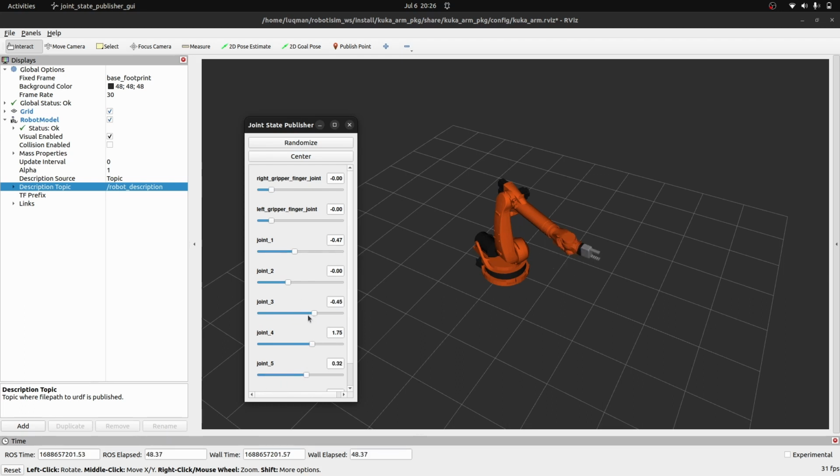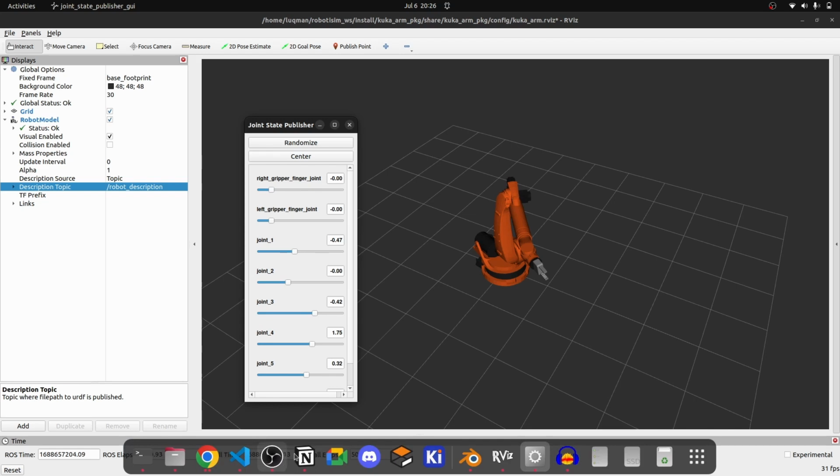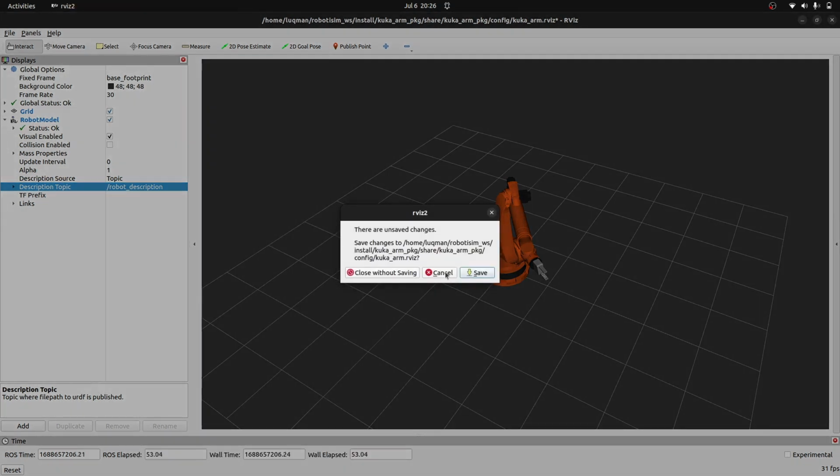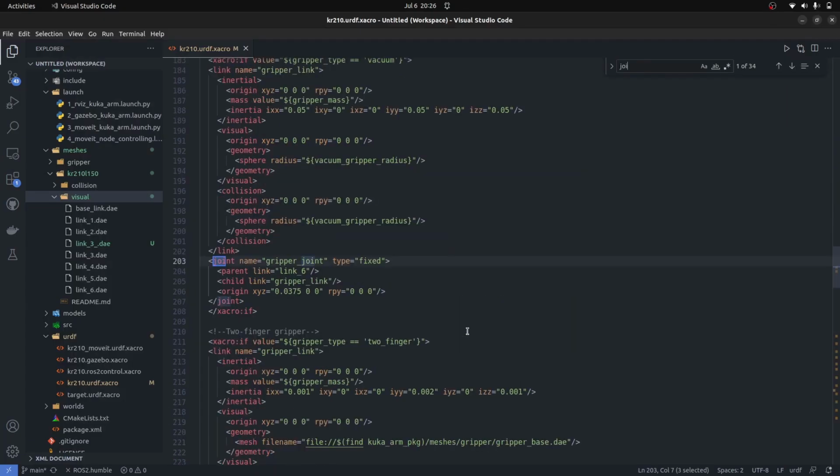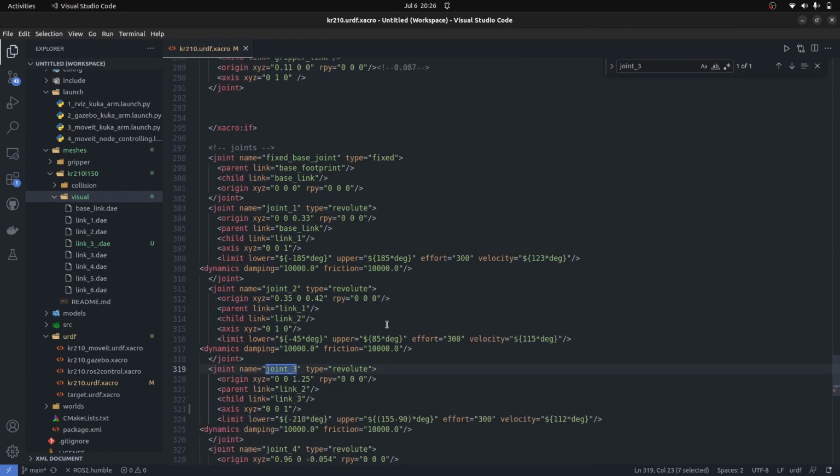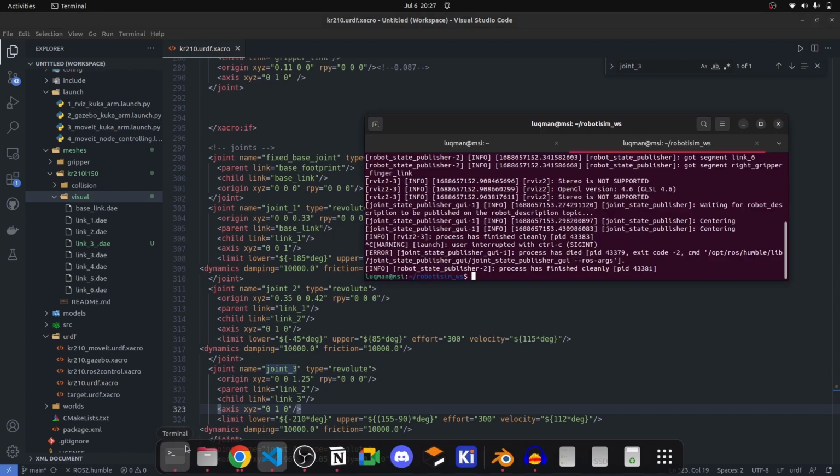So what is the catch in joint number 3? Let's take a look into its URDF. If we search for joint number 3, which is here, it is a revolute joint. The wrong axis is defined in this axis tag. Currently it is rotating along the Z axis, as we have observed. The appropriate axis is Y for this specific example. Let's build it